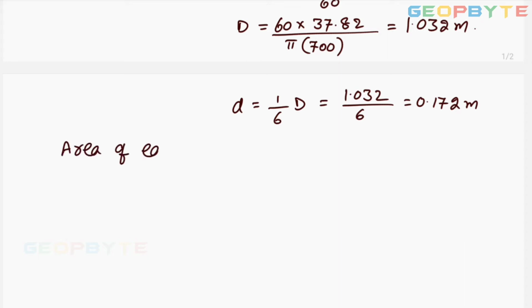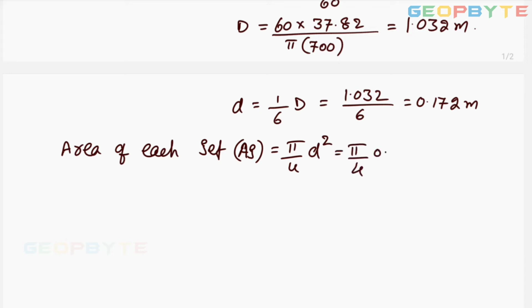Area of each jet Aj equal to pi by 4 into jet diameter square. Pi by 4 into 0.172 whole square. Simplify this value for getting 0.0232